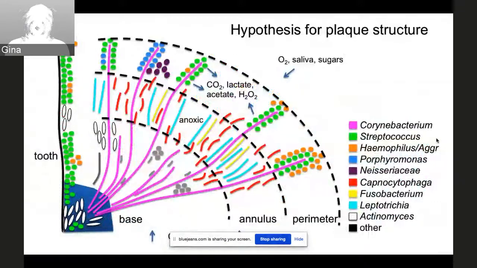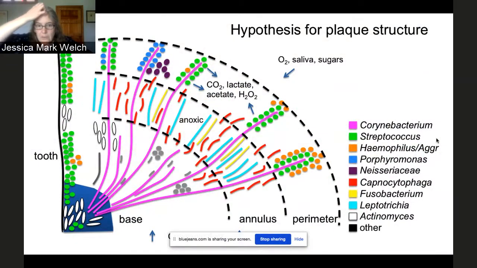Okay. So this is my summary of plaque, and we published this diagram in 2016. This is our hypothesis, put together from all those various observations of how plaque is structured, with this bush of Corynebacterium rooting on, we think, a pre-existing biofilm. There are early colonizers that can come onto a clean enamel surface. We think that the Corynebacterium isn't doing that, but that it comes in about 24 hours into the ecological succession. And then once Corynebacterium has established itself and made this bush, it can be inhabited by all these other organisms,